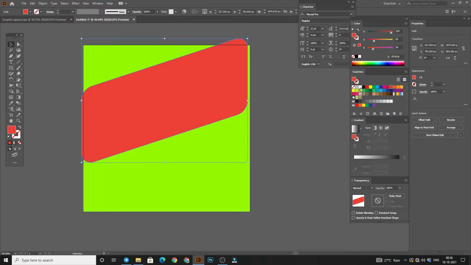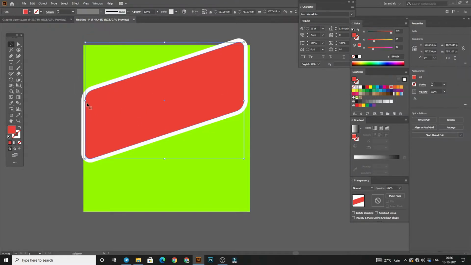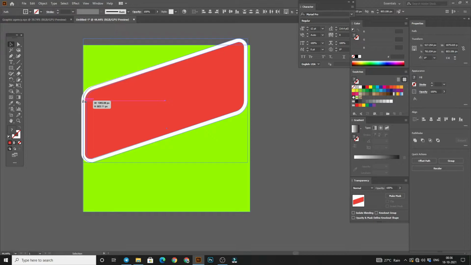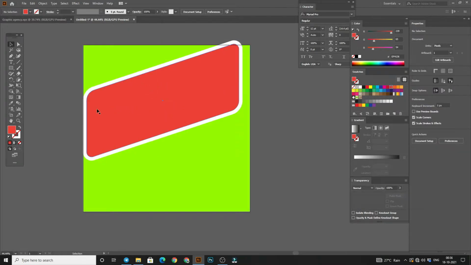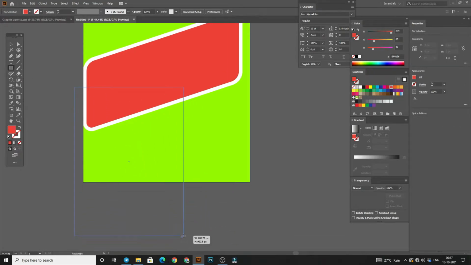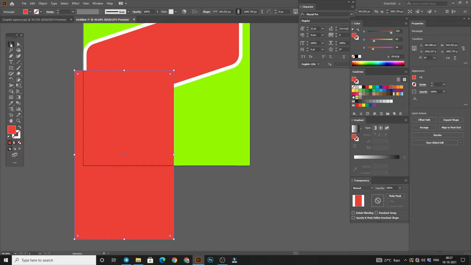Change the color of it. So I am choosing white color here. Now decrease the size of it. I think it is looking quite good. Now take the rectangle tool again and draw like this and change the color of it.